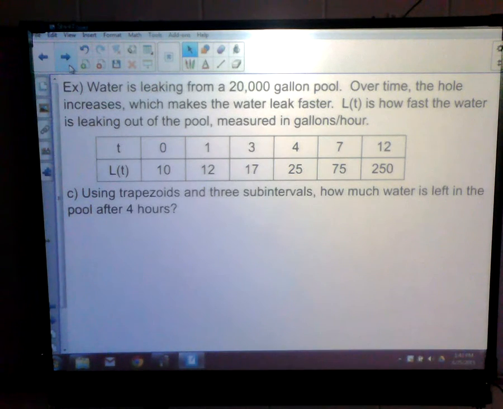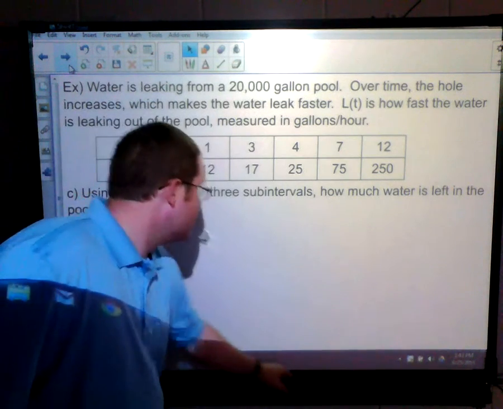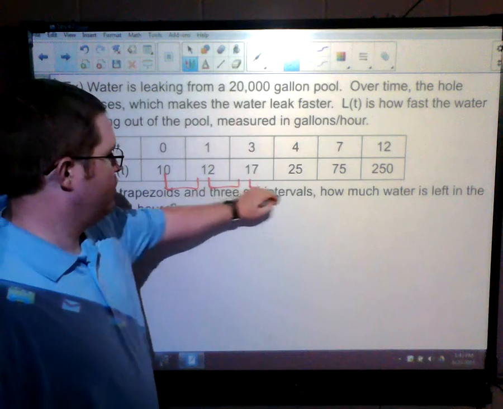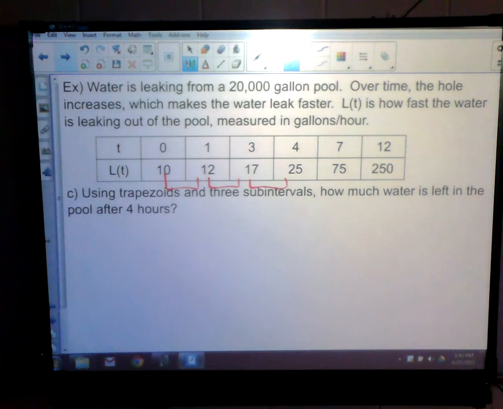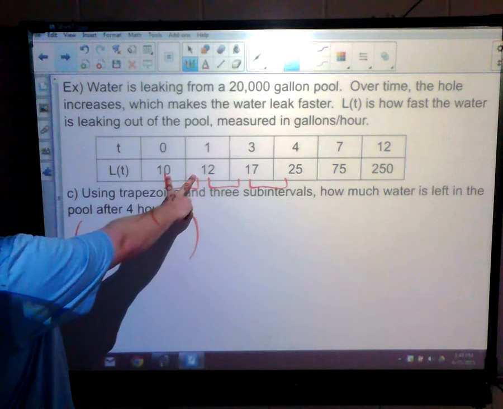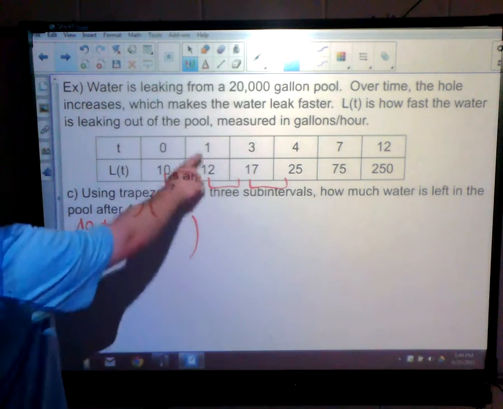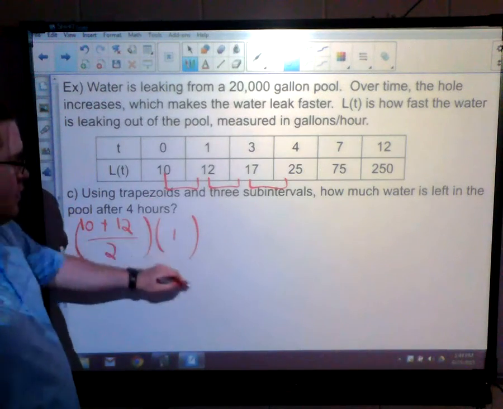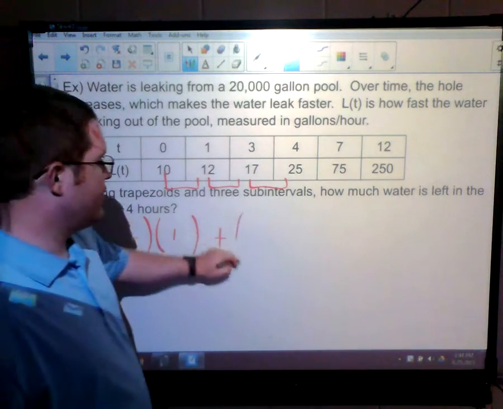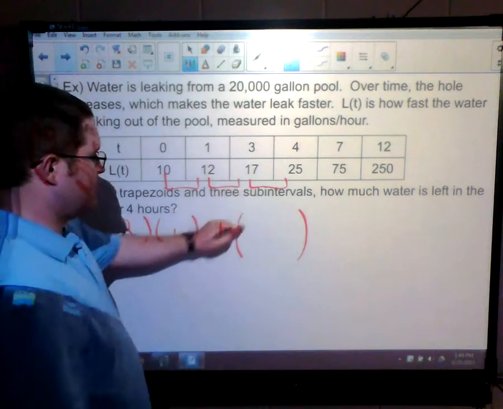Part C, use trapezoids in 3 subintervals. How much water is left in the pool after 4 hours? So, 3 subintervals. 1, 2, 3. Trapezoids this time. Base 1 plus base 2 over 2 times height. Remember, the bases are the y values. So for my first trapezoid, it's 10 and 12, divided by 2, the height is how wide it is. 1. For the second trapezoid, base 1 and base 2,